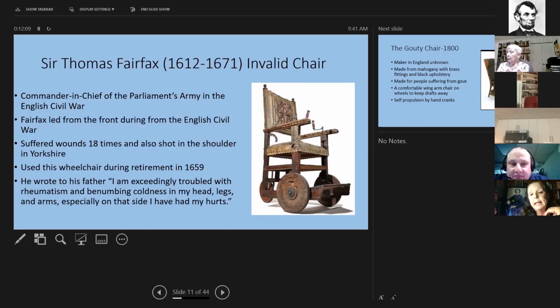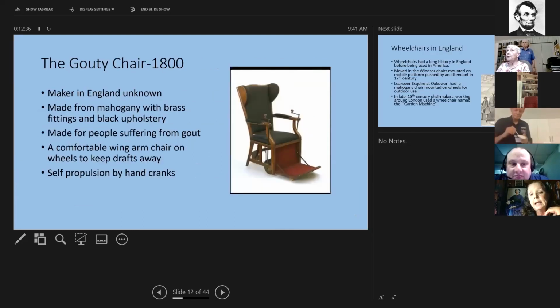It has a back wheel here that helps him move, especially when he is making turns. He also has a footrest. And this is many years old, and yet it still looks pretty good. And let's go on to the next one.